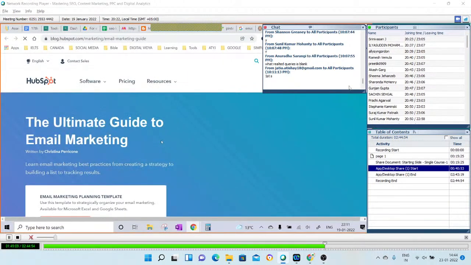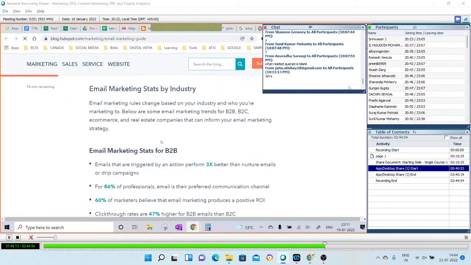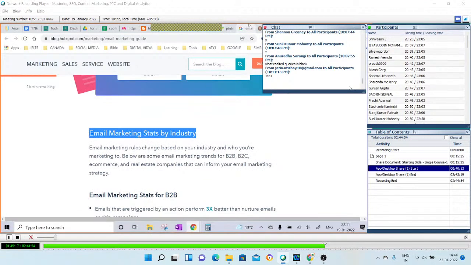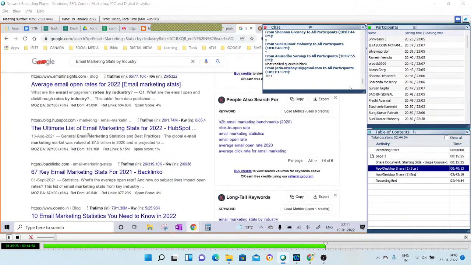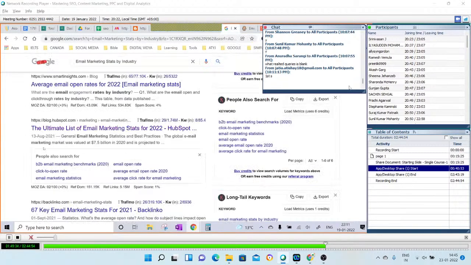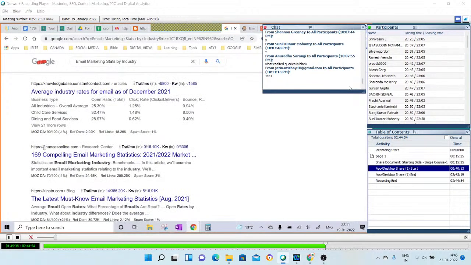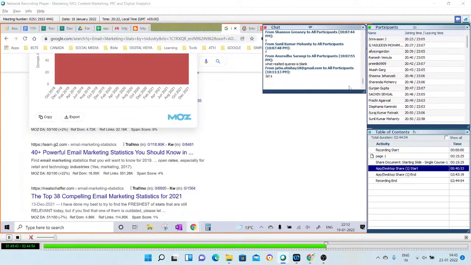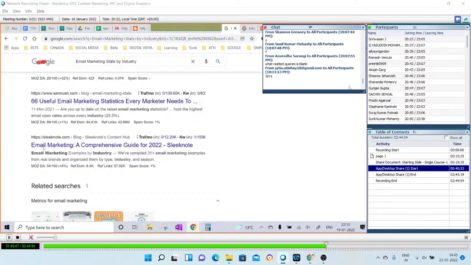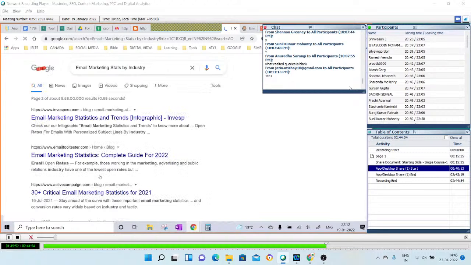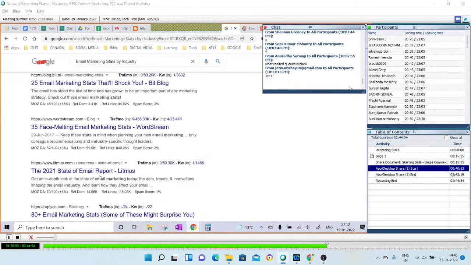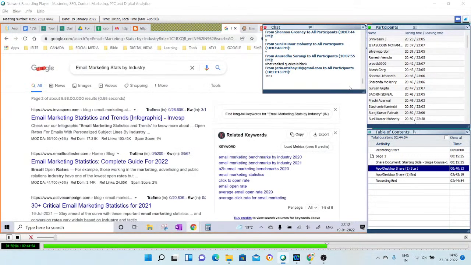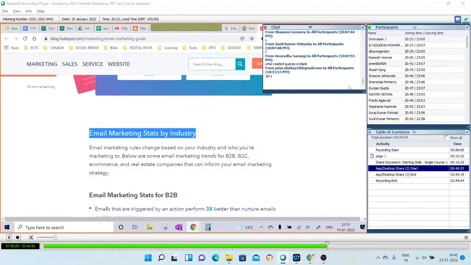And now I'm going to take another from here, maybe email marketing stats by industry. That's a different page.